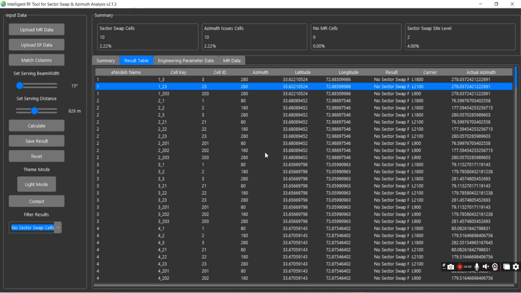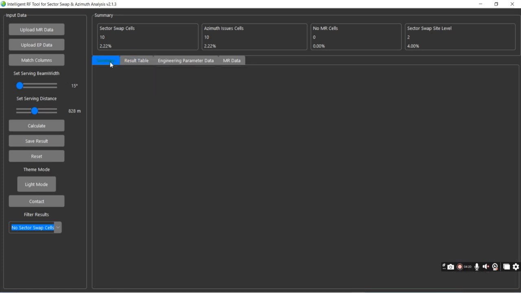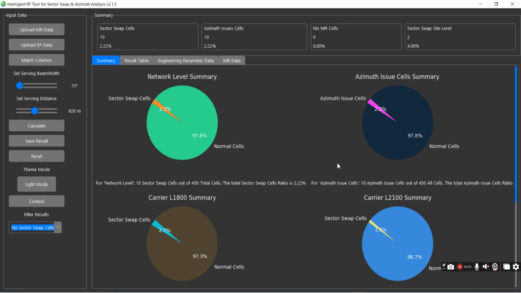So this is our tool. You can use it. It is a very excellent tool. It can save you a lot of time, money, resources, everything, and find sector swaps and actual serving azimuth from the office, and help you optimize your network and improve your KPIs like CDR, CSSR, for 5G MR, based on 5G MR, based on 4G MR, and 3G HGPS MR.